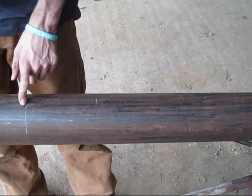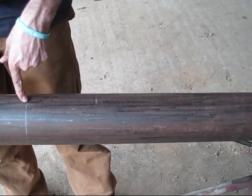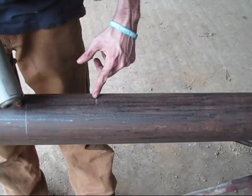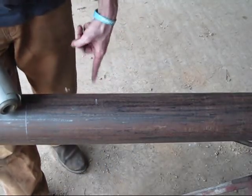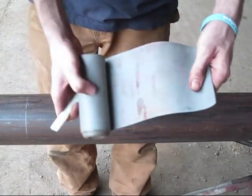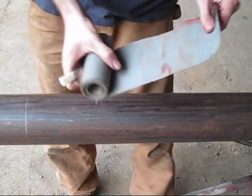Alright, I've made my measurement for how far I'm going to come over. This line right here represents our hangers on the front of the truck, and then I've come over 6 inches and we're going to put a square line right here on the pipe. In order to do that, you have to use a tool known as a wraparound. It's nothing but kind of like gasket material, and you just take it,